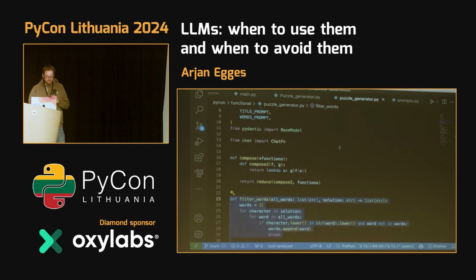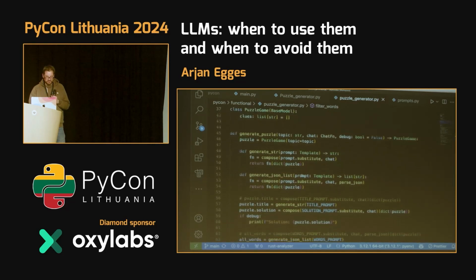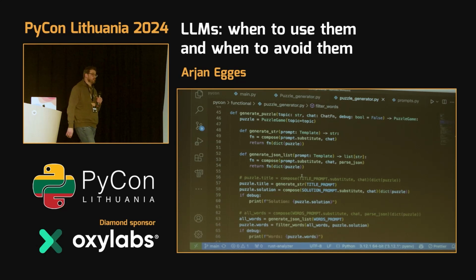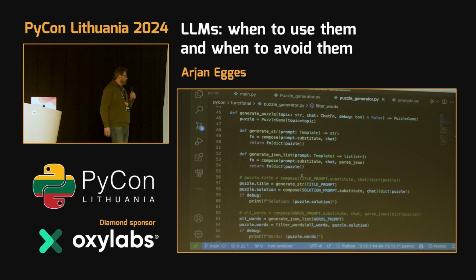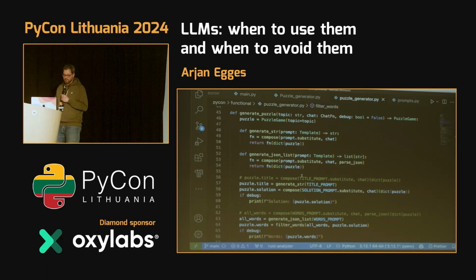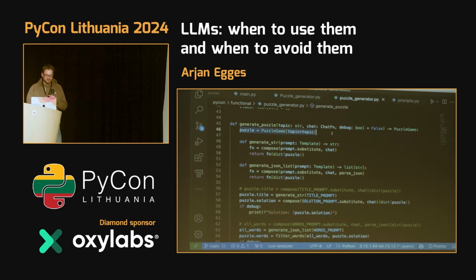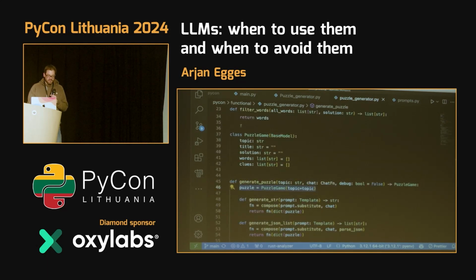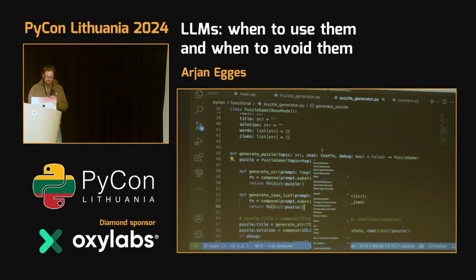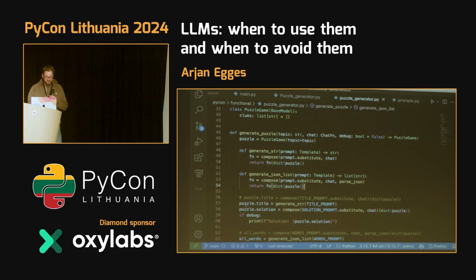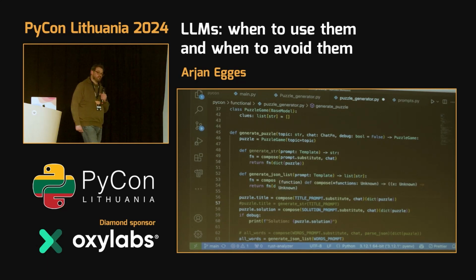Now there's another little thing that I added here. Let me scroll down. Instead of a class initializer, I now have a function that generates a puzzle. It's almost the same, but it works completely differently. The first step in that function is that I create a puzzle game object. All of these things are optional, so I just provide it with the topic, just like I had before. Then I'll skip over these things for the time being. Then, let me uncomment this one and comment this one. Then I'm using function composition to actually